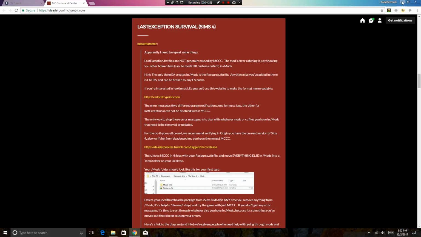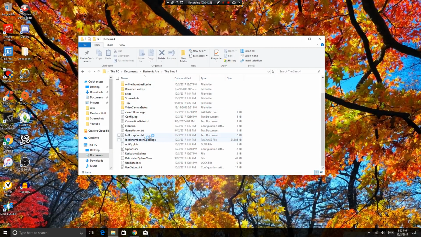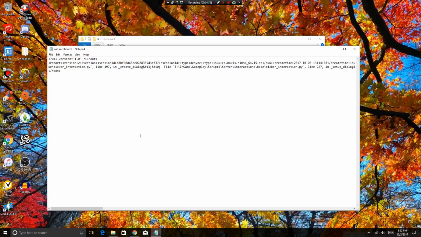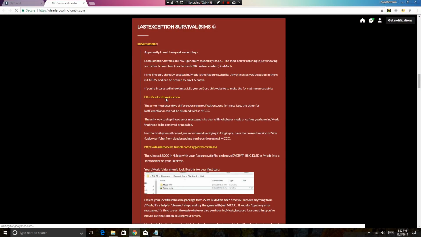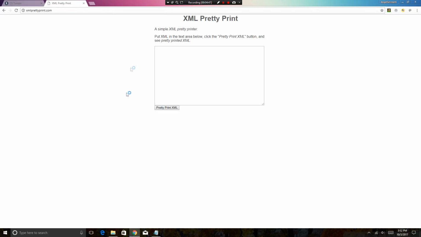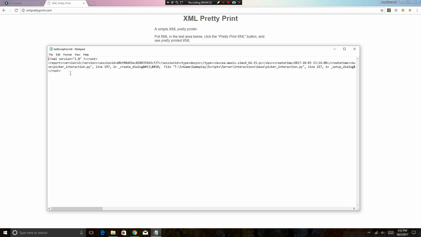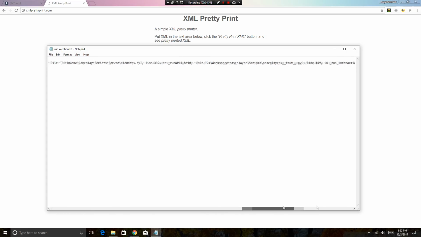So if you come to the last exception text file, I know nobody opens it, but if you double click on it, you'll see it's not really readable. It doesn't really make any sense. But here on this post there is a link to XML Pretty Print. All you have to do is copy and paste the text file,